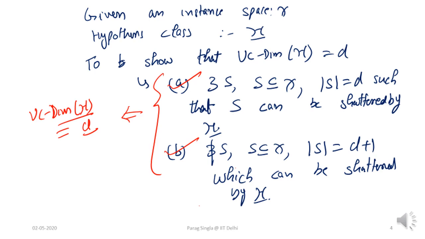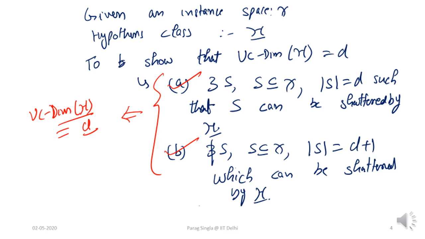And this will be an argument of the nature that we made on the previous slide, in the example where we showed that no set of size 4 can be shattered in the 2D space by the linear hypothesis class. And as I stated in the previous slide, it is also important to note that it is sufficient to show that there is no set of size d plus 1 which can be shattered, to prove that VC dimension is exactly equal to d.